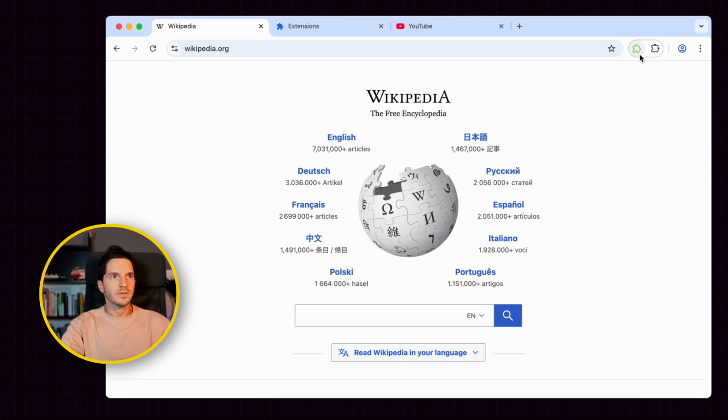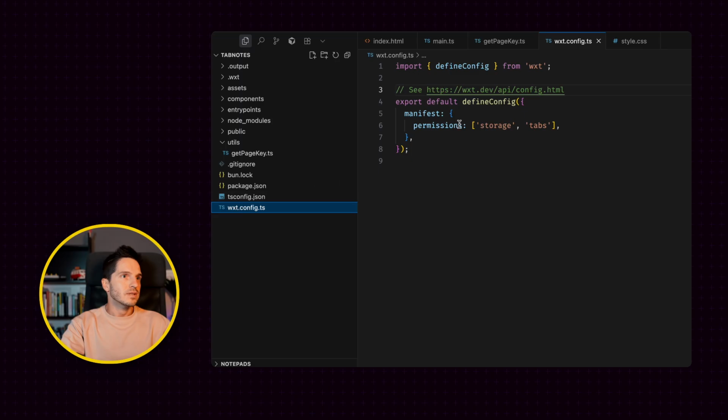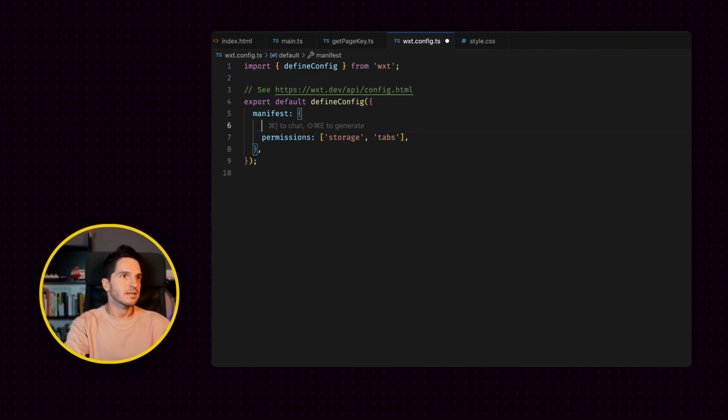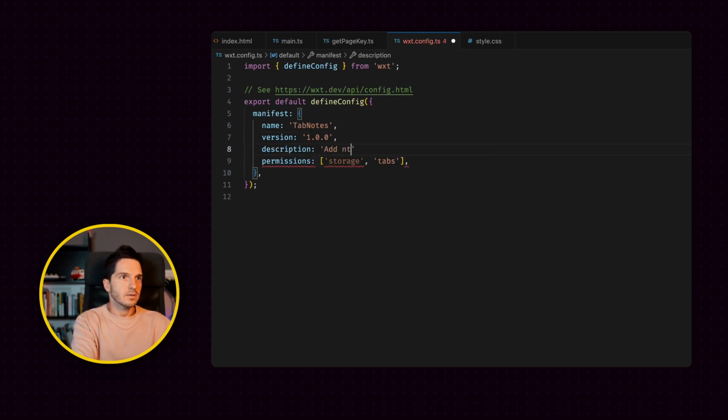We can see that the WXT framework already has a default icon and a default pop-up title, so maybe it's the perfect time to give it some better values. If I come to the WXT config, I can see that in the manifest I could add the name, Tab Notes, a version, let's call it 1.0.0, and the description: add notes to any tab in your browser. Alright,